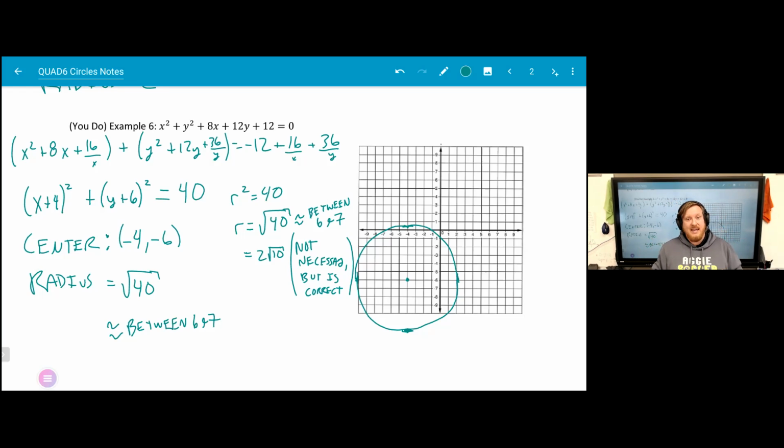So with that said, that takes care of circles. Now, we're going to have some practice to work on,